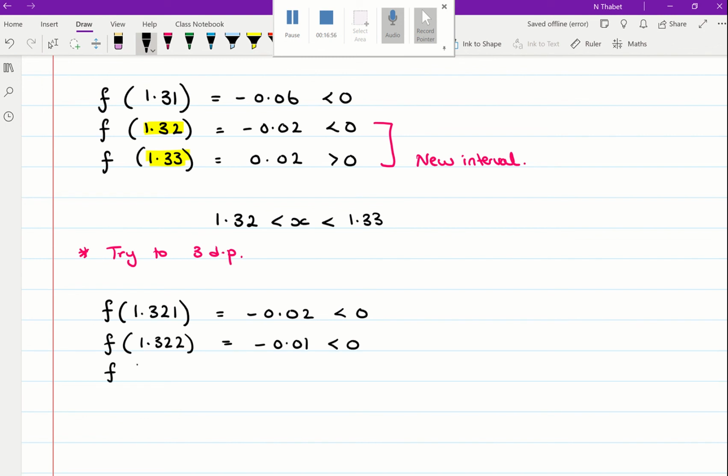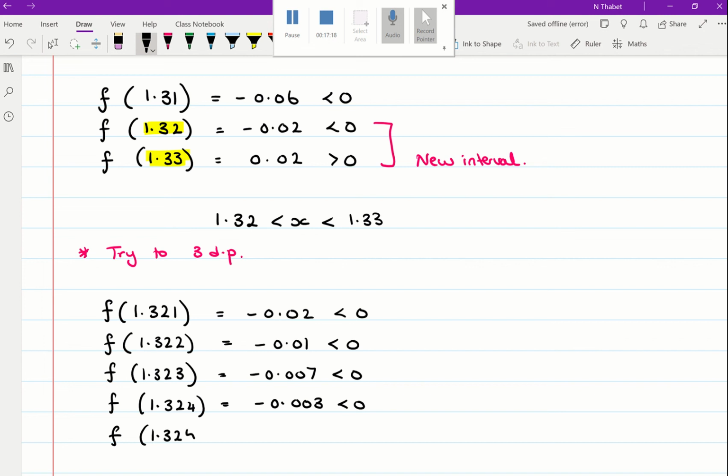I'm trying again, 1.323, and that also gives me a negative number. So I keep trying. 1.324 gives minus 0.003, still negative, and I keep trying. 1.325 gives me 0.001, which is bigger than 0, which means that my new interval